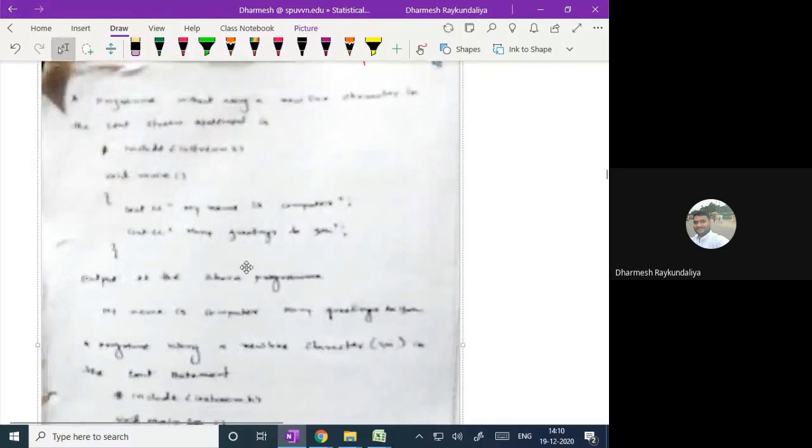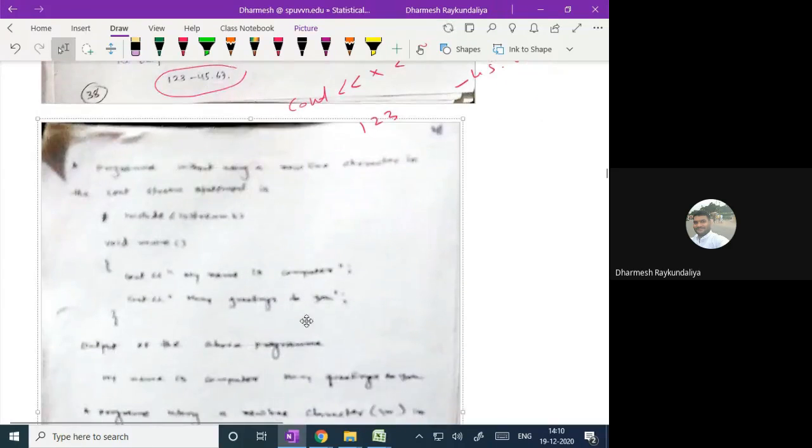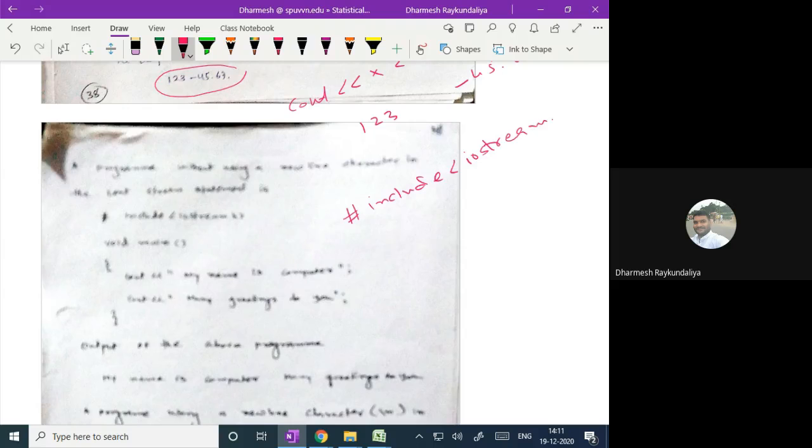So this print is not shown properly, but it is simple. If you wish to write a program to display a statement, how will you display it? We wrote a program to display the message, and we used include iostream.h as a header file, and then we write the program void main, and the message is cout